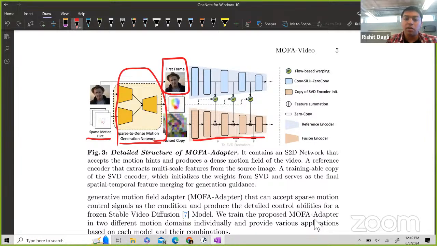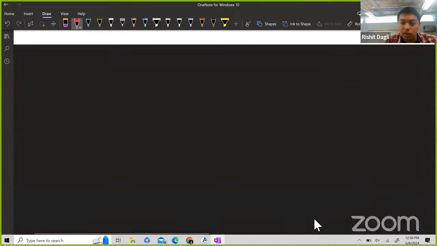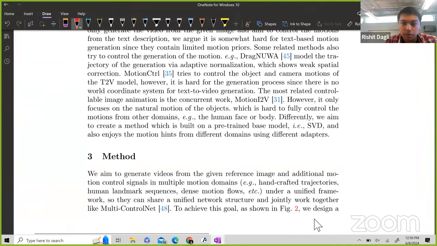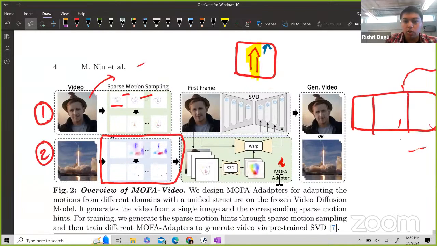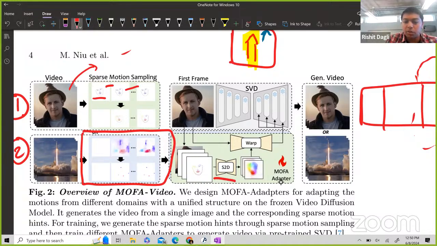and what these fusion encoders do, and this is where most of the training goes, most of the training is required, is that if you actually go to the other figure they have, when you want to do this, you already did the sparse to dense, and then you want to do this warping based on the first frame as well as the dense video vectors, to give it to stable diffusion you need to train this small adapter network, because this is just a pre-trained stable video diffusion, so you need to train some joint embeddings for the decoder part of stable video diffusion, and for whatever this warping stuff produces. So this is where you,